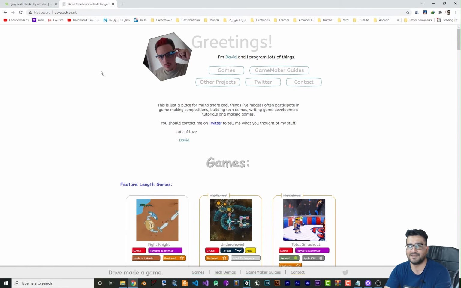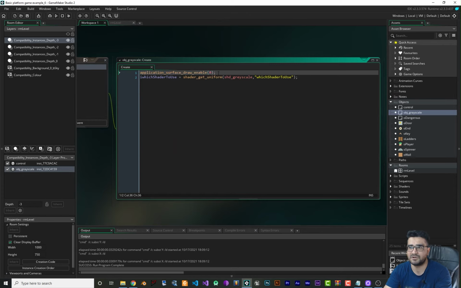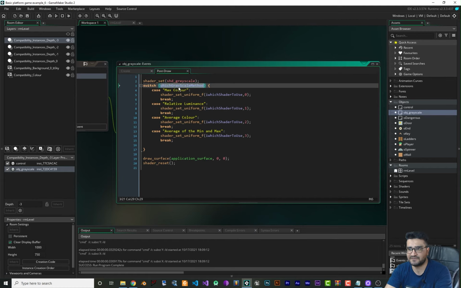Now let's get back to our GameMaker and open up this obj_grayscale. You can see in Create I said that we don't draw our application surface because we want to apply the shader to it. So in the Create event we set application_surface_draw_enable to 0. And after that I did create this uniform in here to pass which shader to use to our shader. So in Post Draw you can see that I check whichever shader you select, and after that we pass the uniform to the shader, and after that we can use it in the shader to set whatever shader we want to